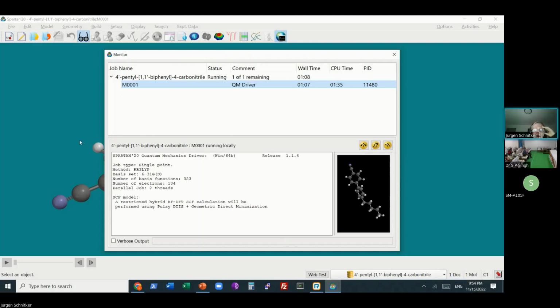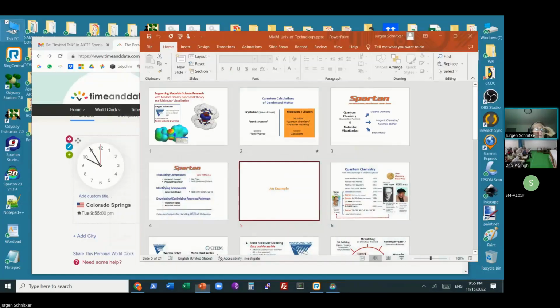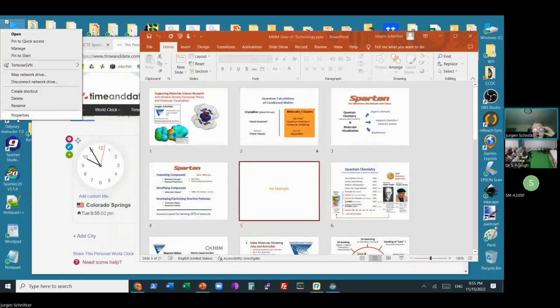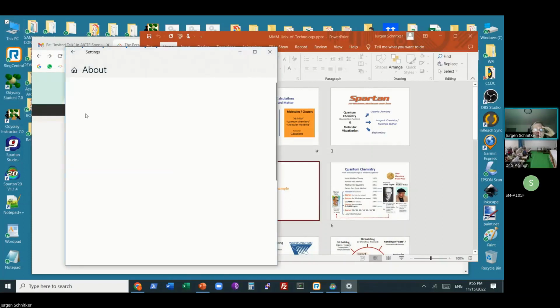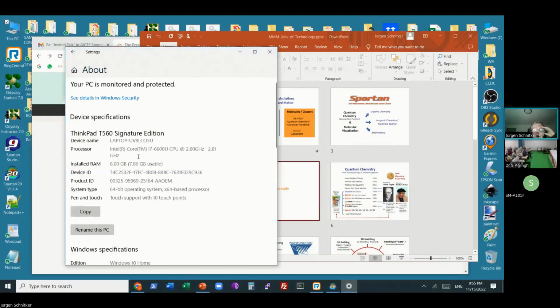I could show you in the meantime what is this computer that I'm using. You see my entire screen, so you should. So I'm here using an Intel dual core i7. That chip came out in 2015. So this is a 7-year-old laptop.